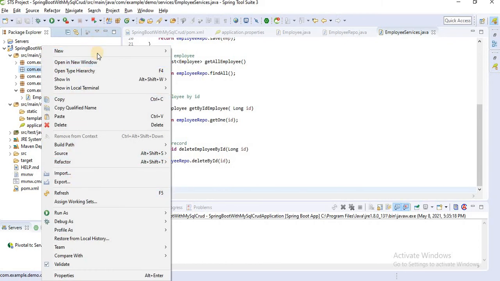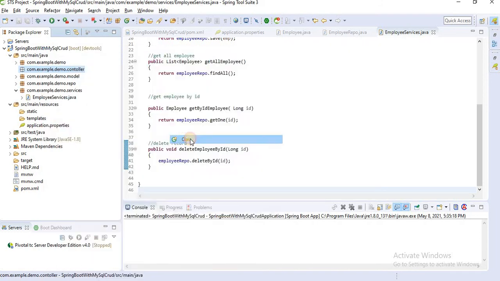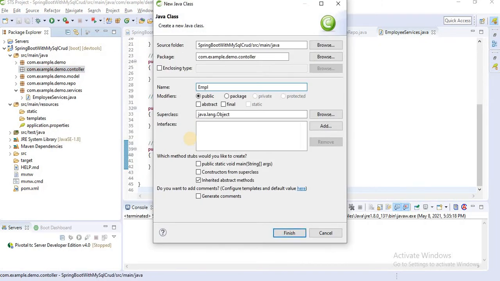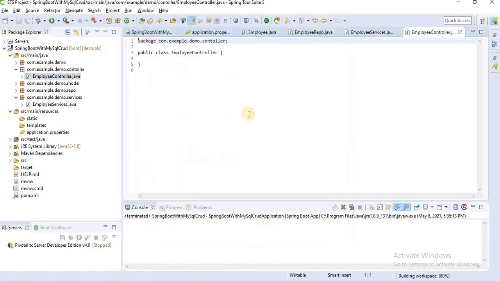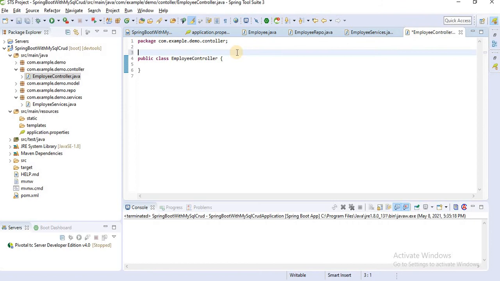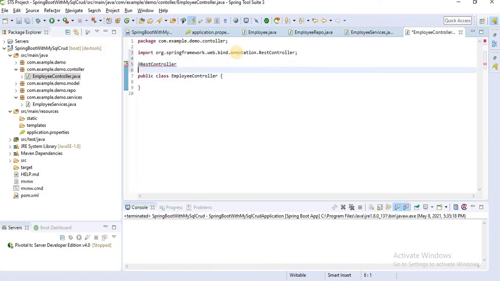So let's create a class here, employee controller. This is not just a controller, this is our REST controller. That's why we are defining here RestController.